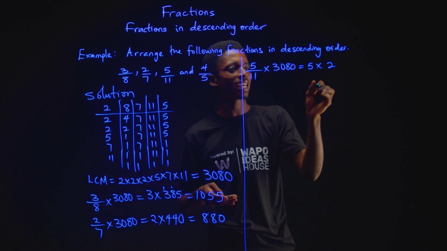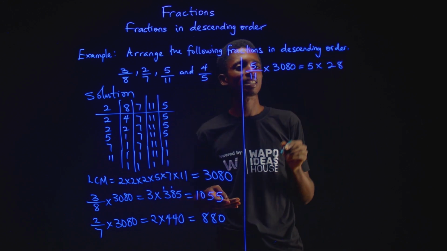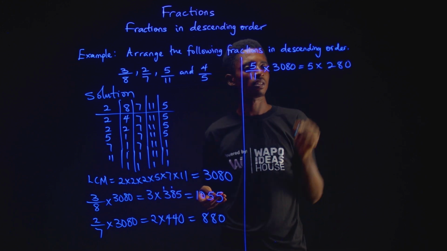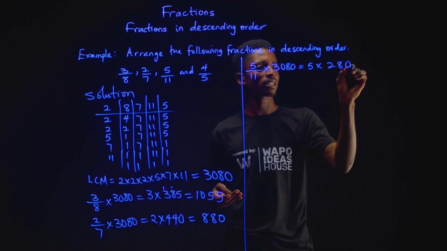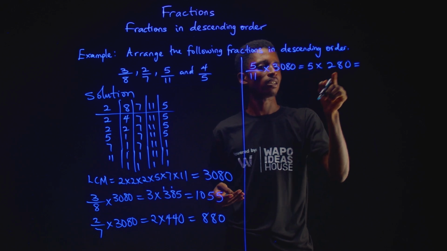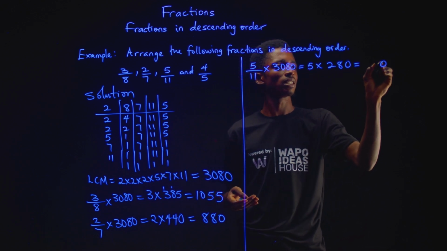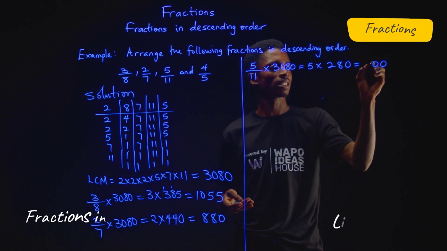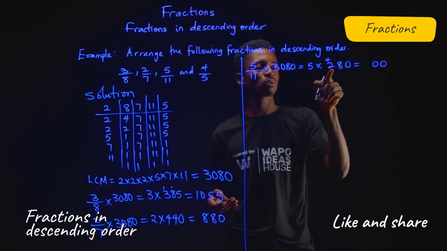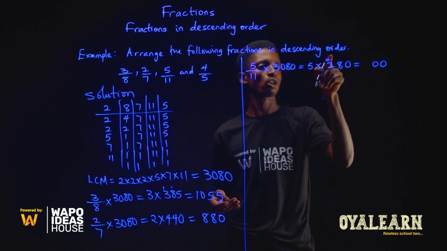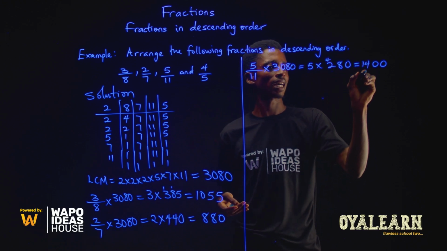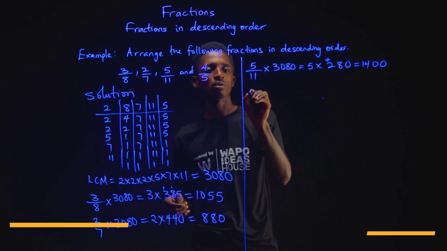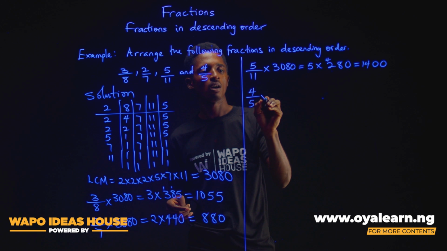Now in 88 we get 8, no remainder, and then in 0 we have 0. 5 times 280. 5 times 0, 0. 5 times 8, that is 40. 0 carry the 4. 5 times 2, 10, plus 4, 14. That's 1400. And finally we get to 4 over 5 multiplied by